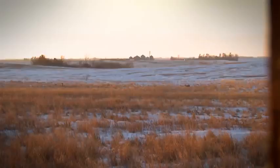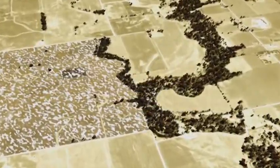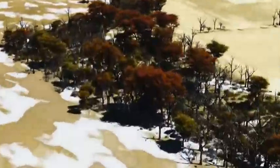My late-season muzzleloader hunt took place in northern Iowa, just 10 miles from the Minnesota border. As this overhead view clearly shows, the terrain in this part of the state is fairly flat and mostly open. The majority of the cover here is found along this narrow river bottom, which just so happens to be where